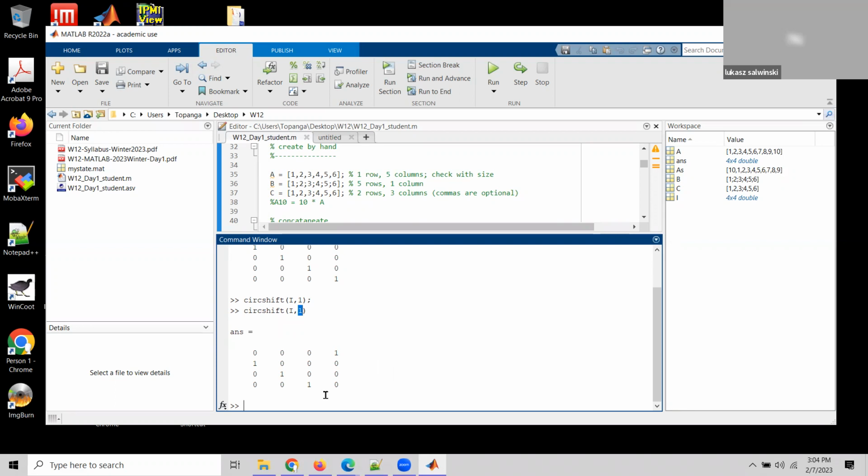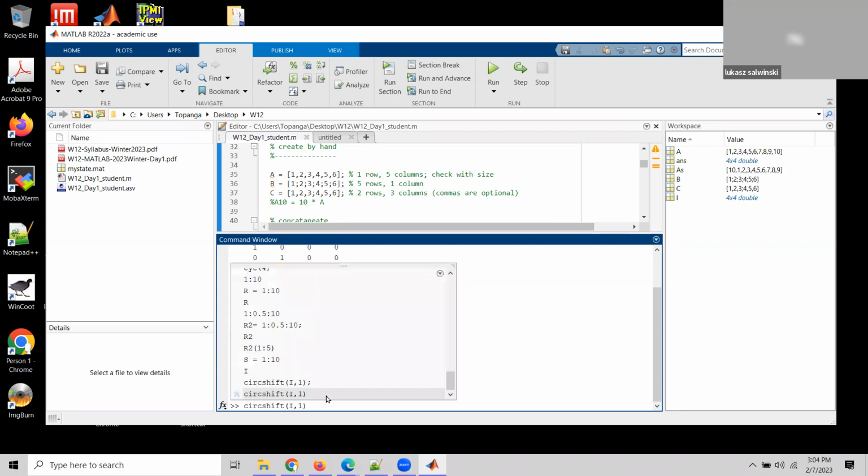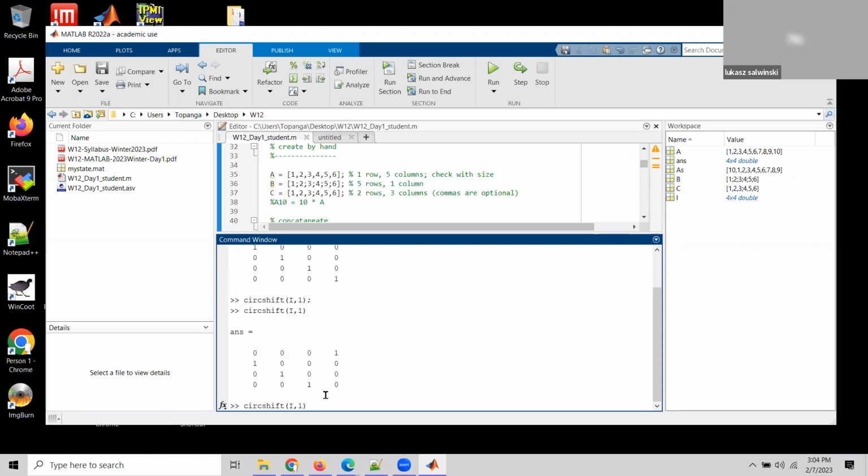If we want to shift along 2 dimensions, we can specify a list of numbers. So we can specify, let's say, 1 and 1, and this is going to have no effect, because if we shift everything by 1 column position and 1 row position, nothing's happening here. So this is an operation that doesn't change anything. To see if it works, we can specify that, let's say, position